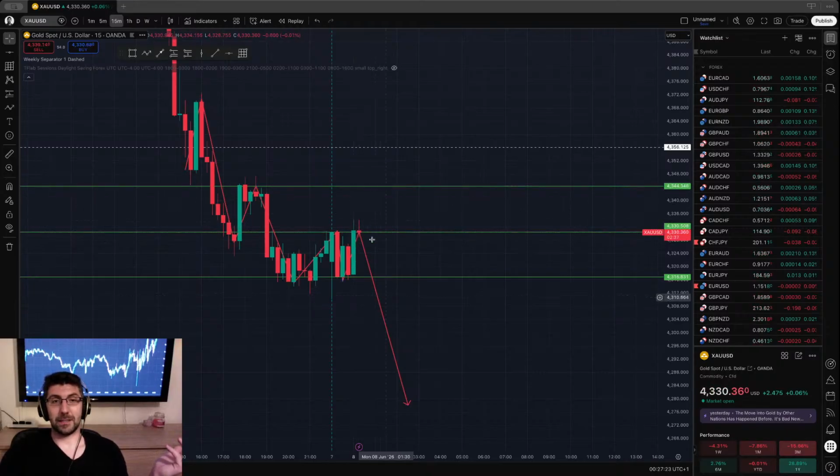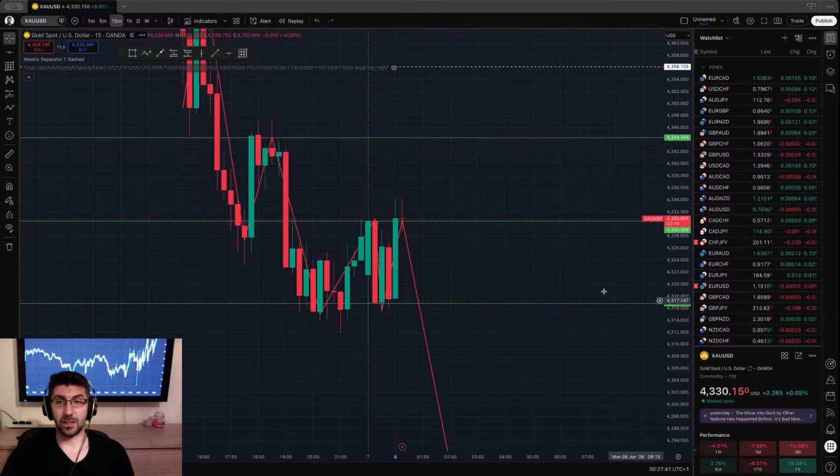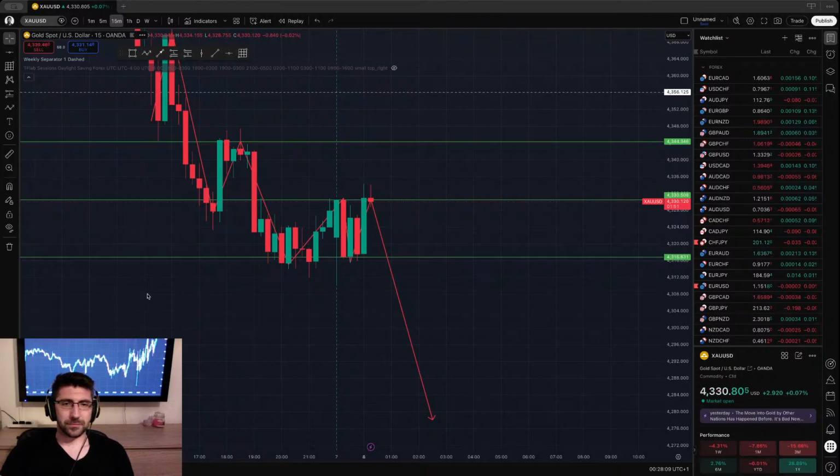So also we have this important resistance here. So the price might respect it. This is why we see this. So I'm just waiting. I just hope. Yeah, you see. So the price will close here inside. For me, it feels like the price is reaching exhaustion here inside this zone. I don't think it will stay too long in this expansion here. It might come back really quickly. So yeah,